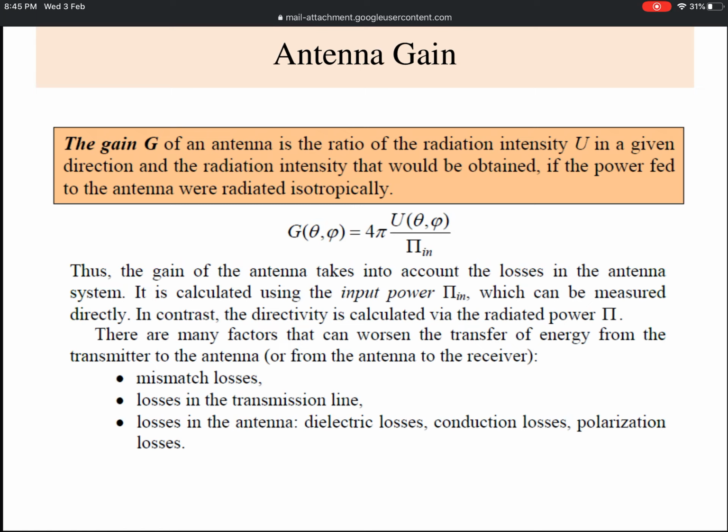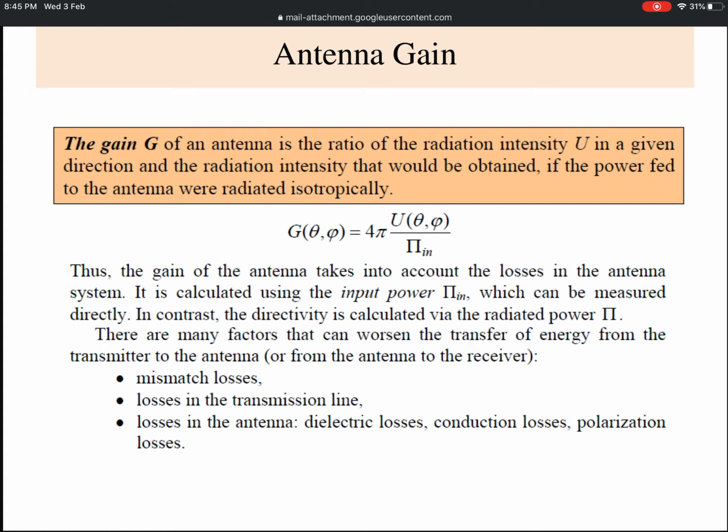Whenever we have seen the definitions of antenna directivity, it was radiation intensity in a particular direction divided by the U average, which is the radiation intensity averaged over all directions. And in the antenna gain definition, the numerator is the same, which is the radiation intensity in a particular direction, divided by